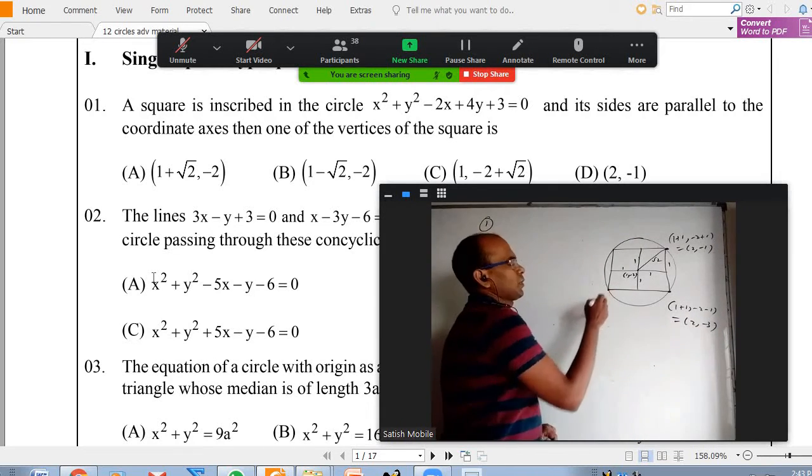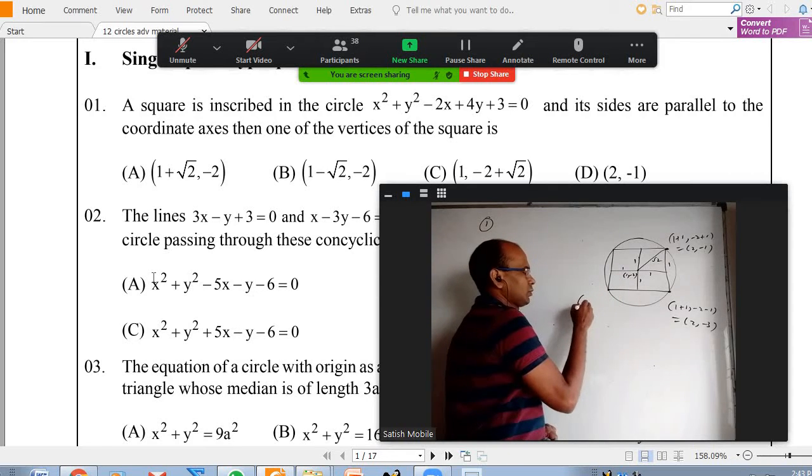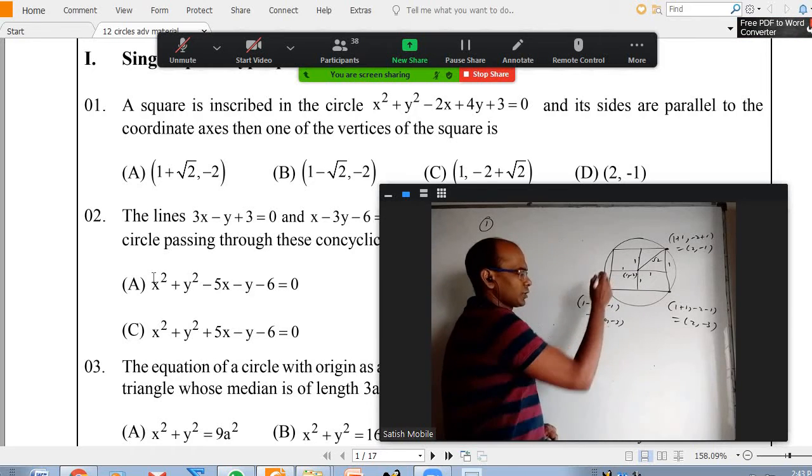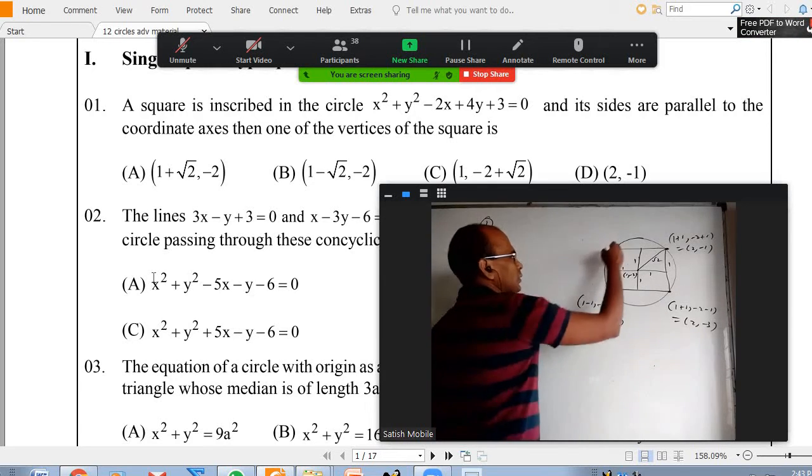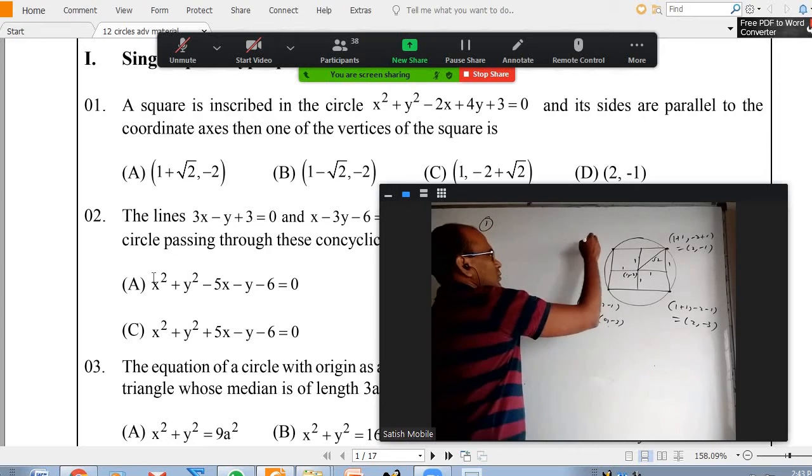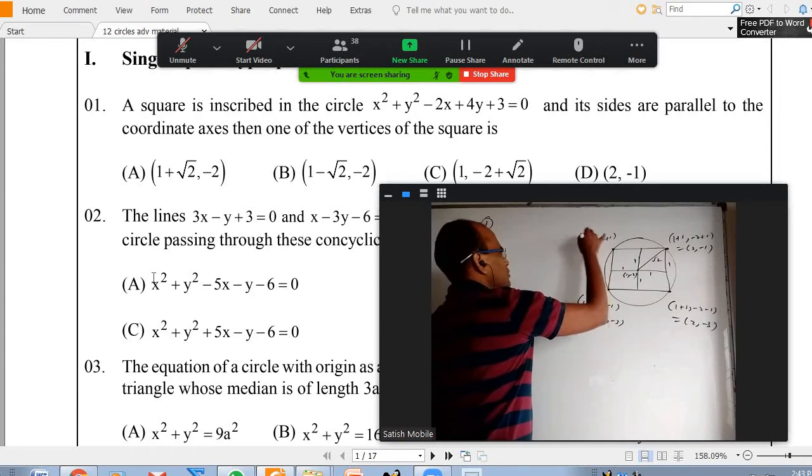And if you want to get this point, subtract 1 and subtract 1. This is 1 minus 1, minus 2 minus 1, 0, comma minus 2. Coming back 1 unit down, coming down also. And coming to this is 1 minus 1, minus 2 plus 1. This is 0, comma minus 1.